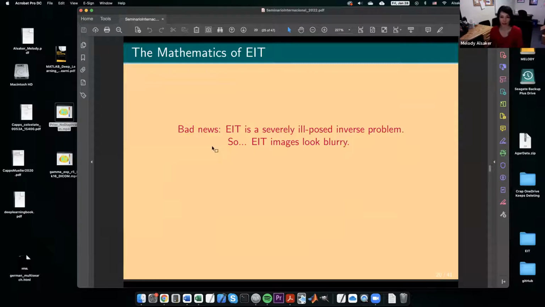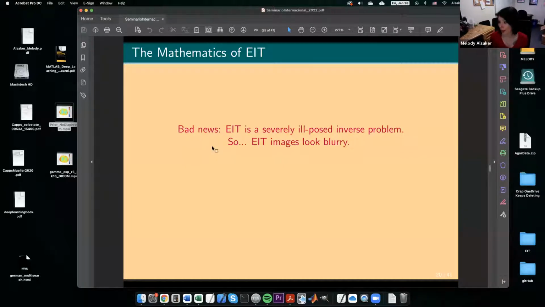So now those are all good news things for EIT, all the great things it can do, but bad news, EIT as an inverse problem is severely ill-posed. It is a really bad one. It's a really hard inverse problem. And in particular,